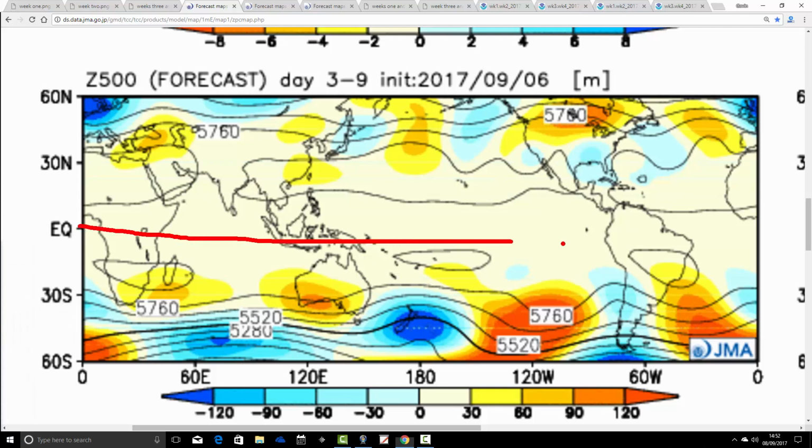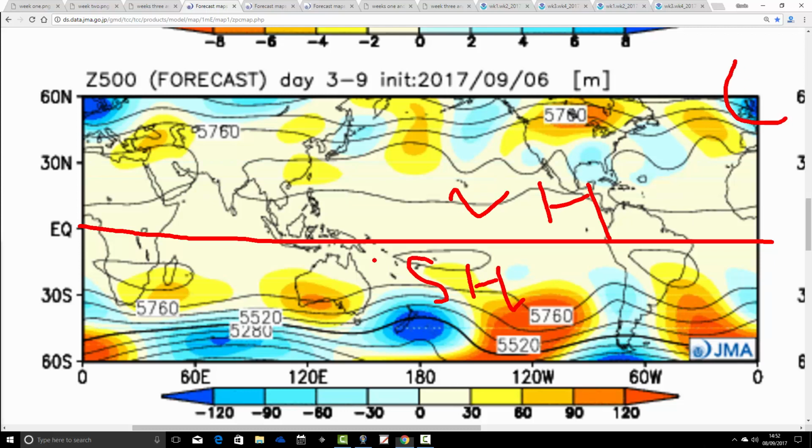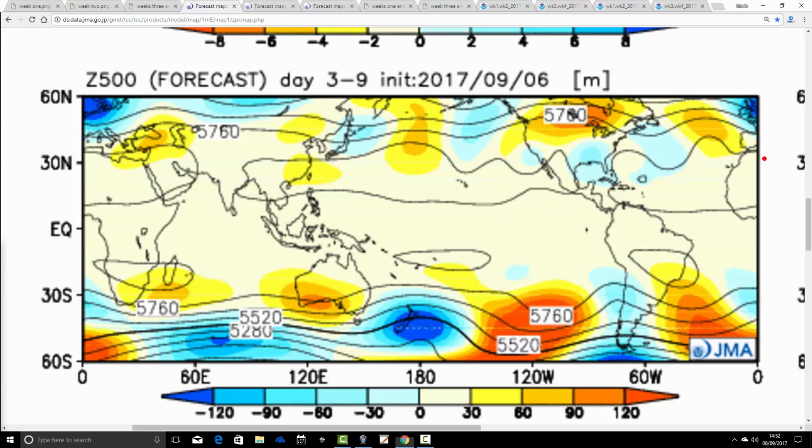That's the equator, of course, just there. And then we've got the northern hemisphere on the northern side of the equator there. Southern hemisphere is down here. The British Isles in the top right-hand corner of the chart as you're looking at it. Reminder of the week 1 500 millibar height anomaly with that deep trough over and to the east of the country. It's sending the jet stream to our south, and that looks pretty cool